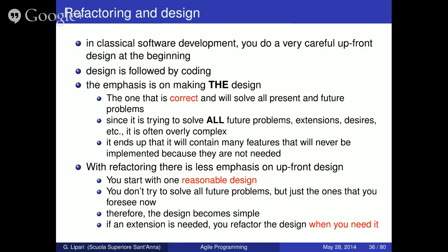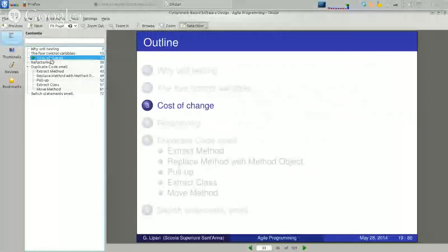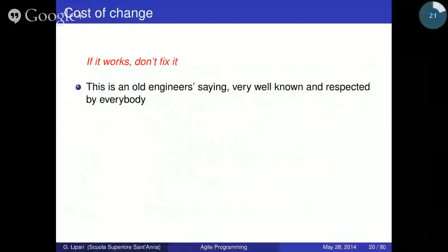With refactoring, instead, there is less emphasis on upfront design because since you know that you can change later, you start with one reasonable design and you don't try to solve all future problems, but just the ones that you foresee now. So you start small. You start with a program, with a library, with a set of classes, with very limited scope. Remember yesterday we talked about the scope as one of the variables